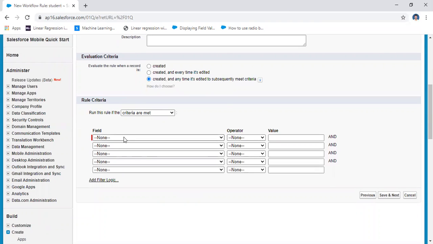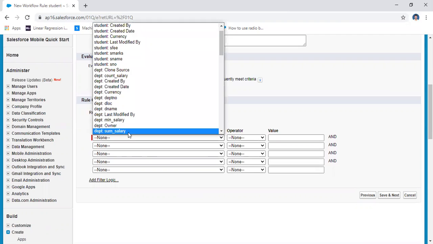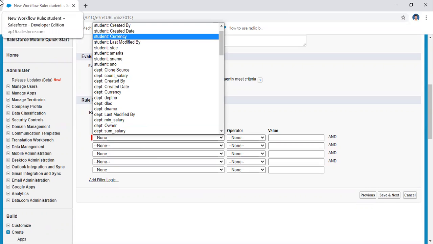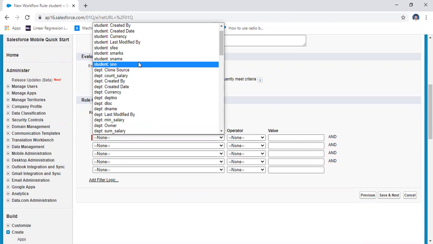What is the rule criteria here? The field, that means on which field you are going to perform this rule. For example, I'm going to perform it on the student name, number, marks.